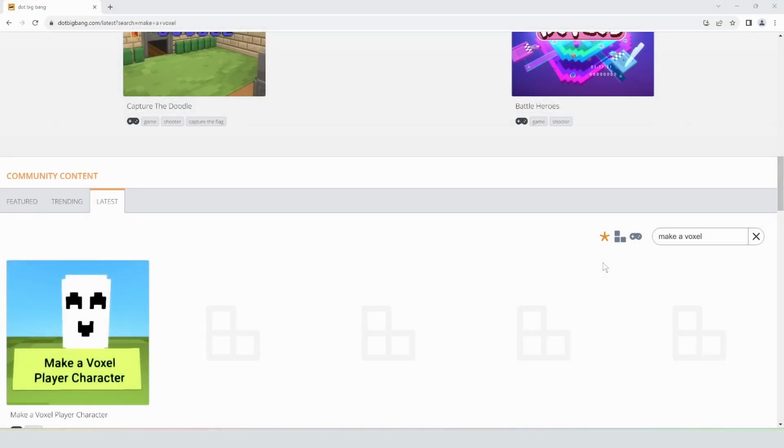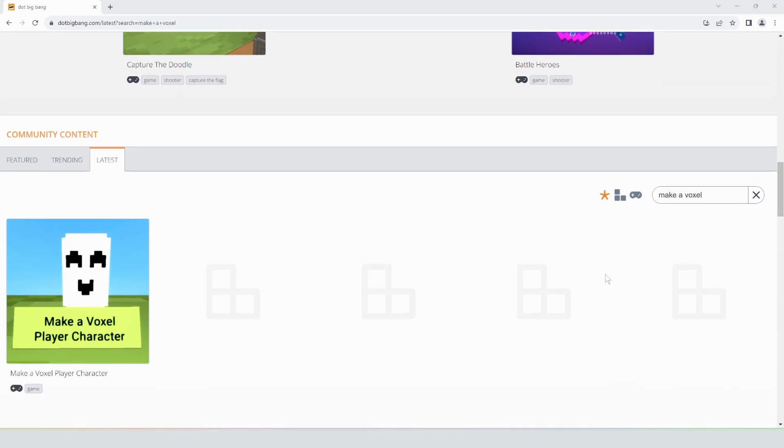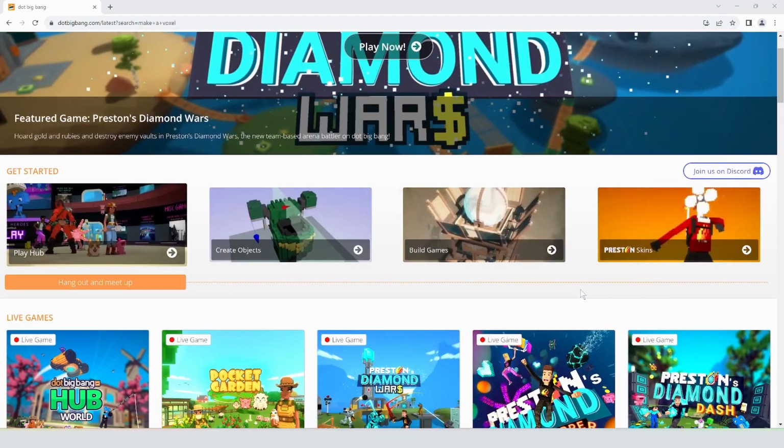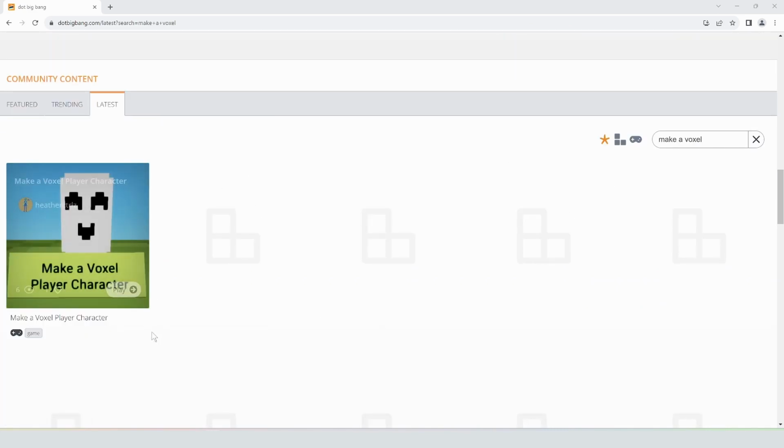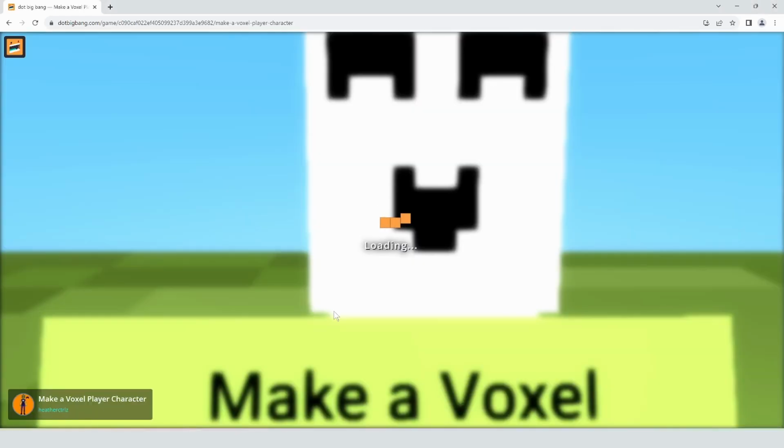Okay, so today I thought I would show how to make a fun little voxel player character for yourself, and I've made an example level that you can follow along with. So the first thing you need to do is navigate to .big bang and then scroll down to the latest tab and type in "make a voxel here," and that'll pull it up. But you just search for this title, make a voxel player character, and then you're going to want to remix